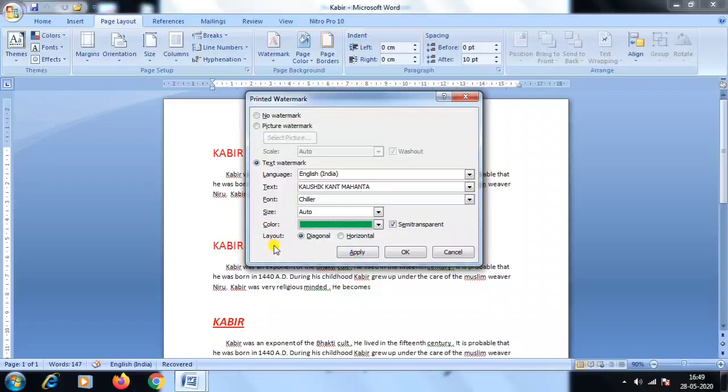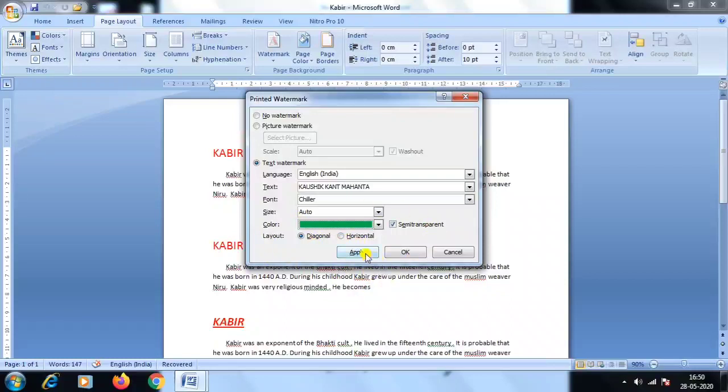Before that, there is another option, layout, diagonal or horizontal. It means if you select horizontal, then the text we want to apply as a watermark will be displayed in horizontal form, and if you select diagonal, then it will be displayed diagonally.